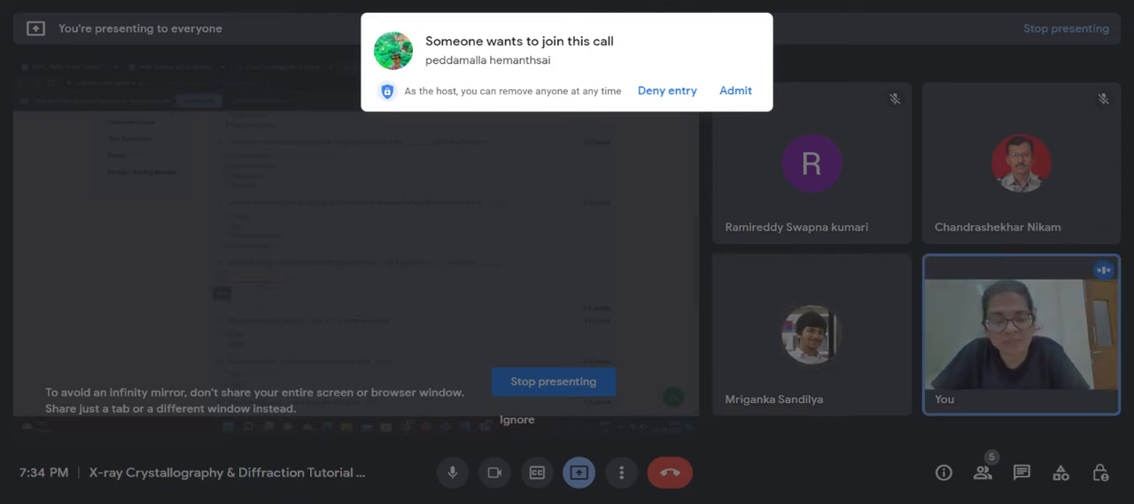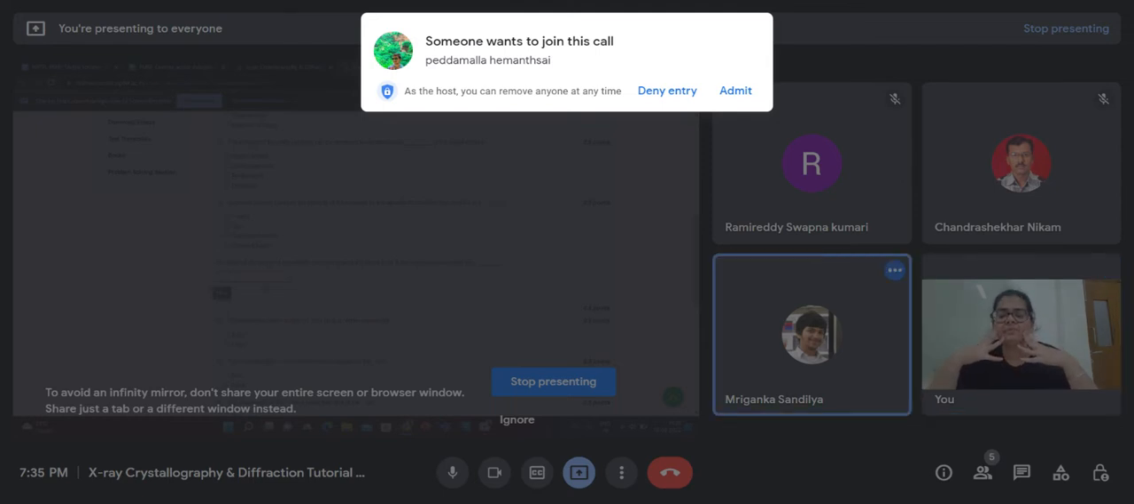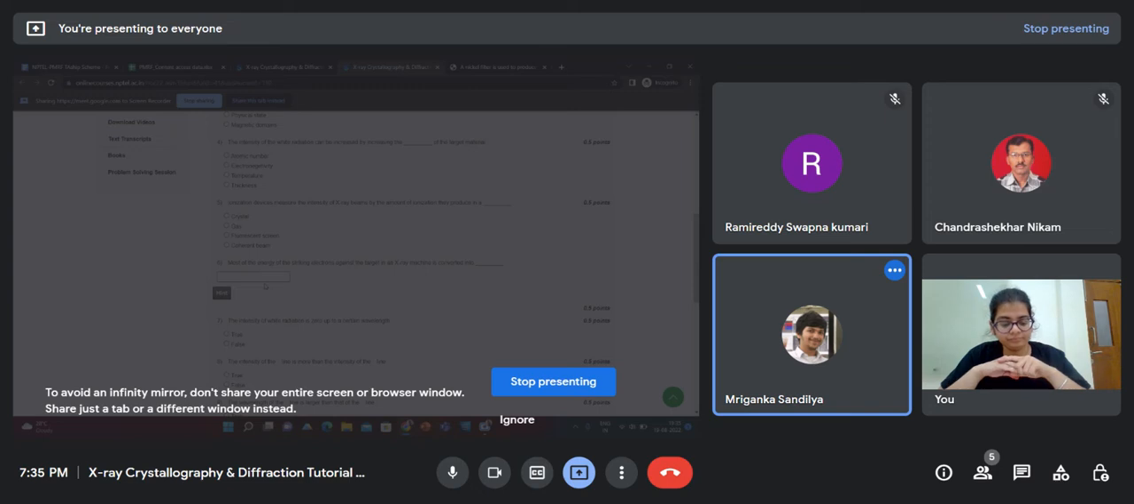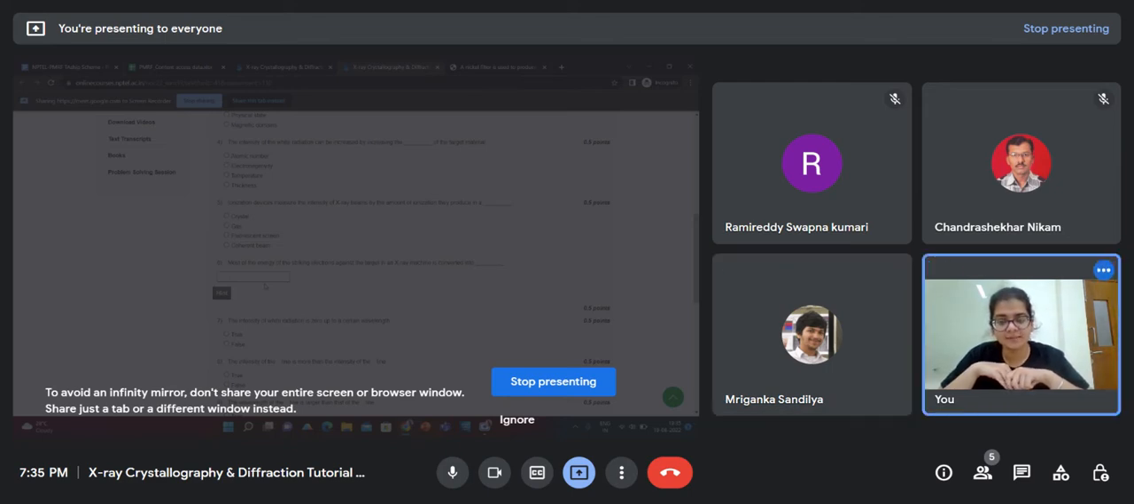So most of the energy of the striking electron against the target in an X-ray machine. In the question they are saying in an X-ray machine, so they are asking about the target inside the tube, right? Okay, ma'am. So according to you, it should be X-ray, right? Yes, ma'am. Ideally, whenever we are reading, it should be X-ray, but